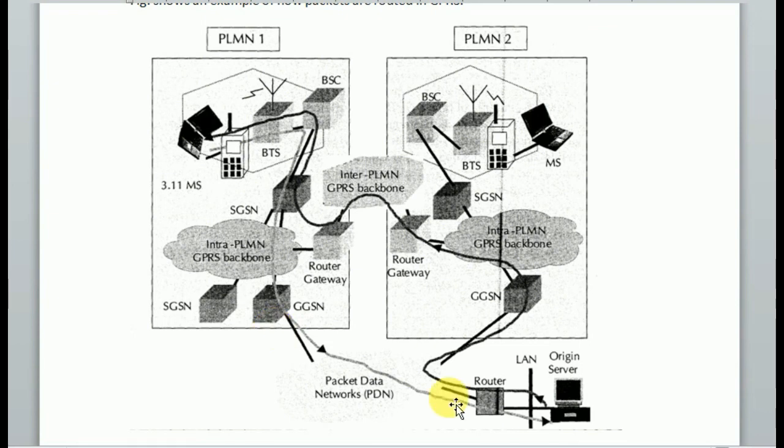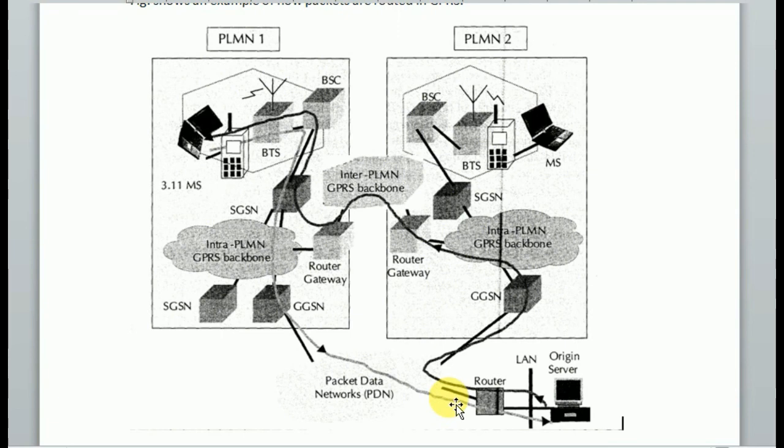Let us assume the home PLMN of the mobile station is PLMN2. An IP address has been assigned to the mobile by the GGSN of PLMN2. Thus, the mobile station's IP address has the same network prefix as the IP address of the GGSN in PLMN2. The correspondent host is now sending IP packets to the MS. The packets are sent out onto the IP network and are routed to the GGSN of PLMN2.